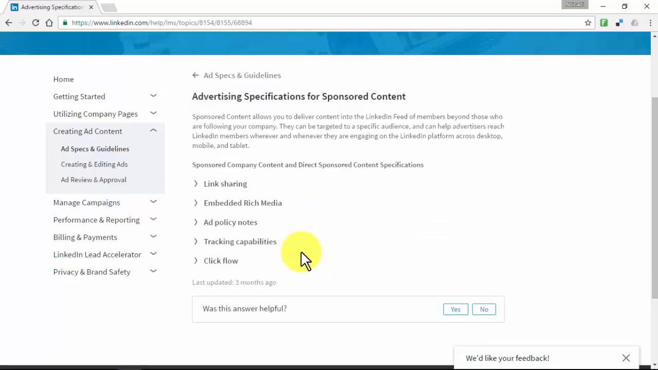Sponsored content ads are updates that promote your content to an audience beyond people that are following your profile or your company. You can use them to target a specific audience and help you reach LinkedIn members wherever and whenever they are engaging on the LinkedIn platform across desktop, mobile, and tablet. For sponsored company content and direct sponsored content specifications, we find link sharing, embedded rich media, ad policy notes, tracking